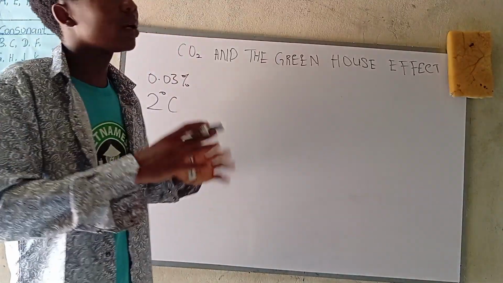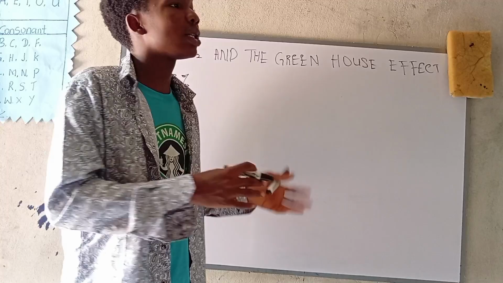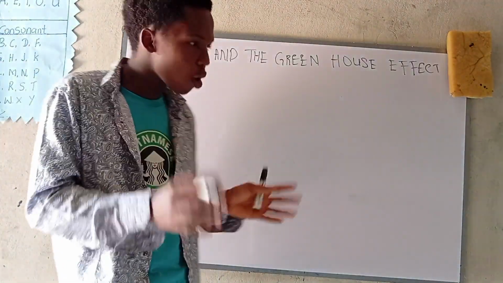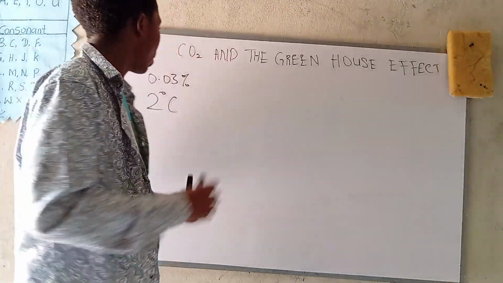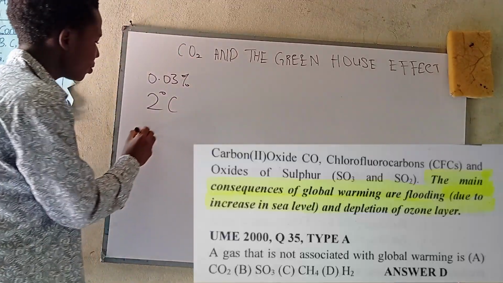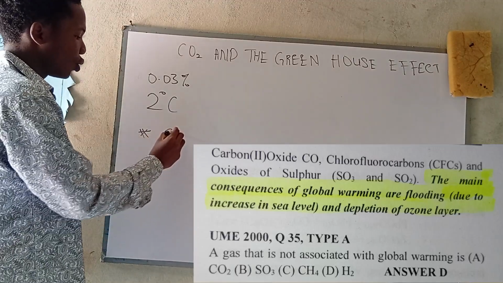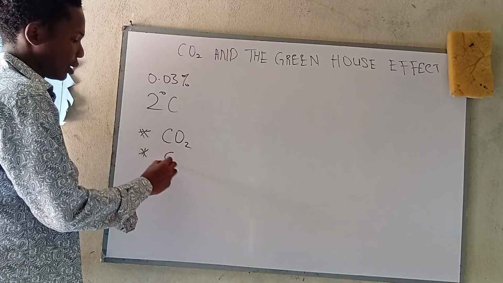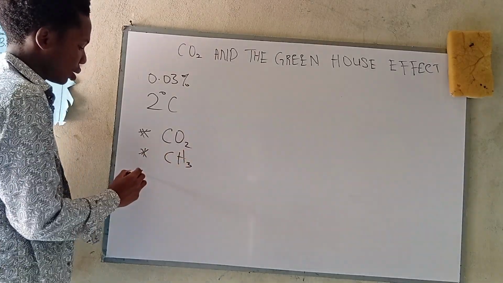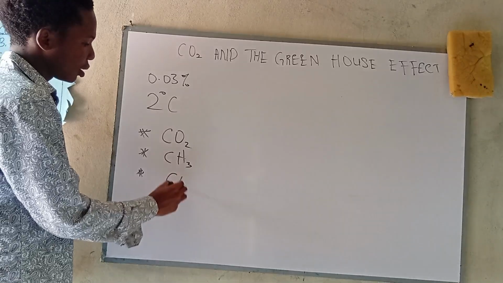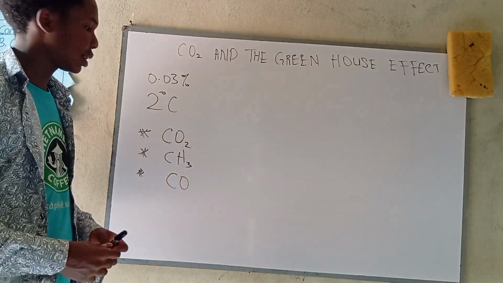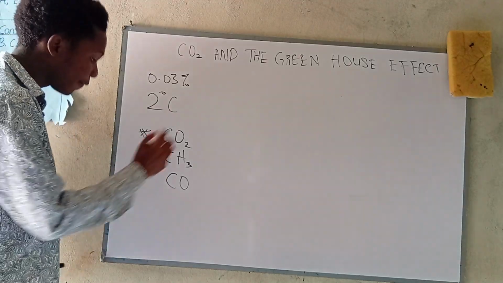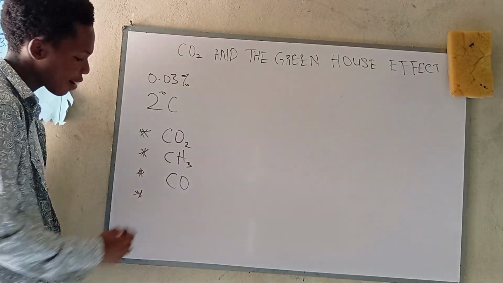Okay, we have other gases which cause global warming or perhaps greenhouse effect. We have other gases, but CO2 is the major one. Okay, now let me list them. The first one you should know is CO2, which is the major one. Secondly, we have methane. And again, we have CO, carbon monoxide. And finally, of all, we have